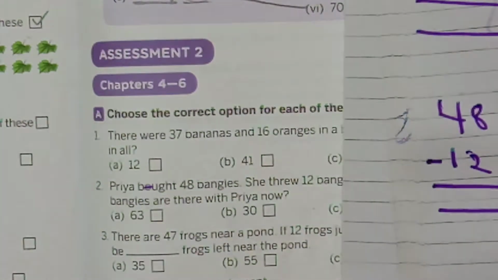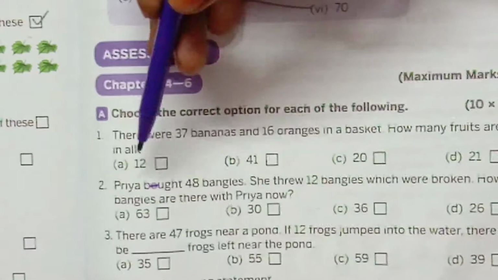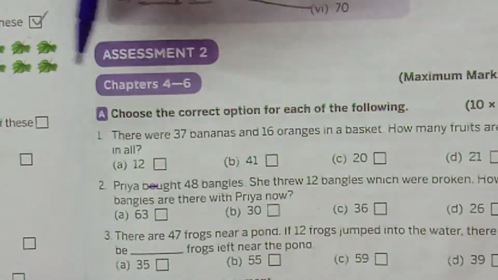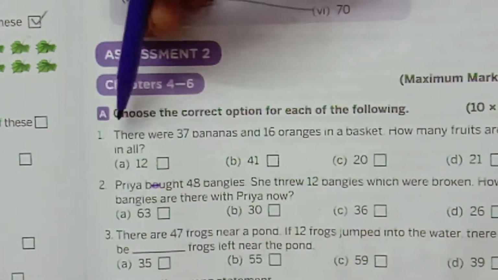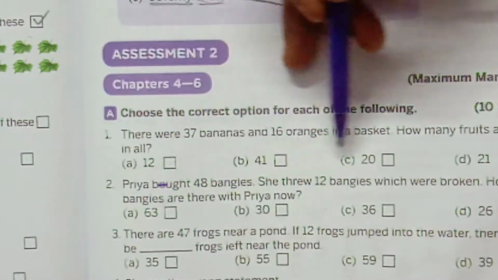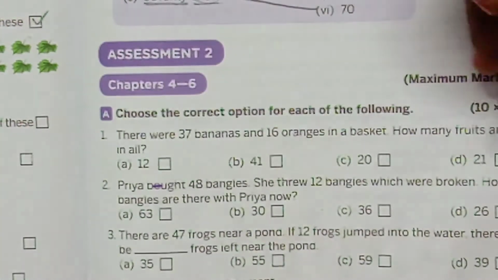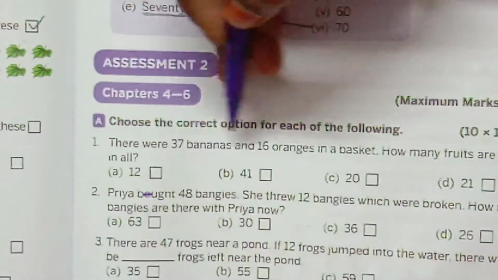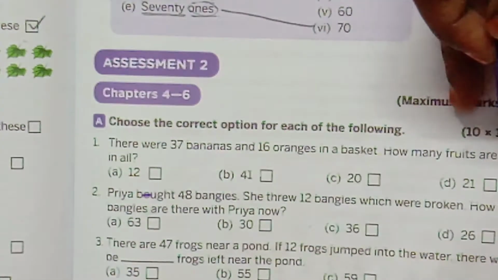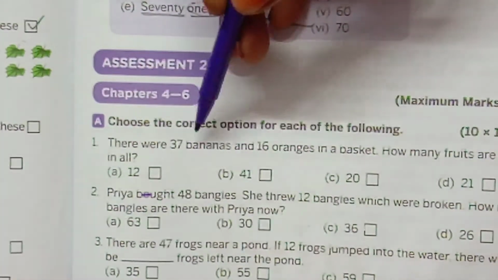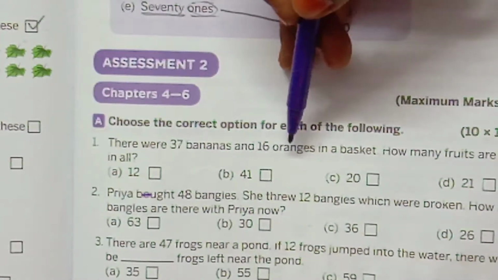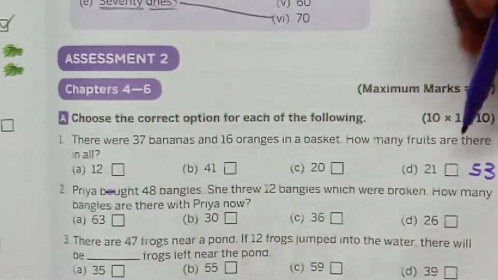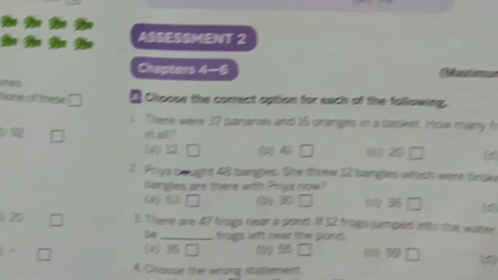First, you do the subtraction. After that, you mention the answer, which is the right one. See here, we have 4 options, A, B, C, D. Dear, here we have a small problem. In the first one, see here, the 4 options are mistaken, totally wrong. You have to write the answer separately. Okay, children? Why? Because here they are asking only for addition. How many fruits are there in all? That means addition. How many bananas and oranges together? But here the answer is not there. Just you do the answer. After that you mention it on the side. Okay children? Now the third one.